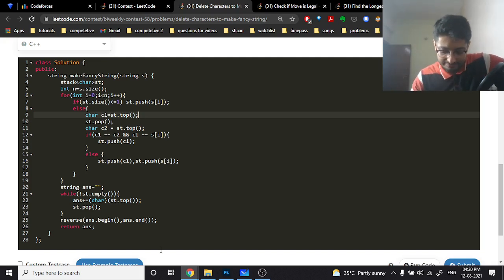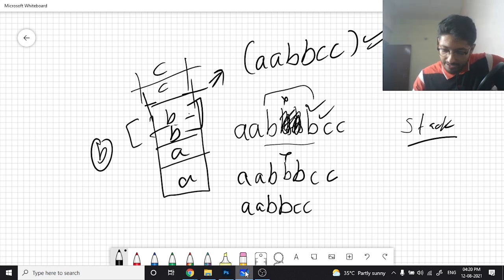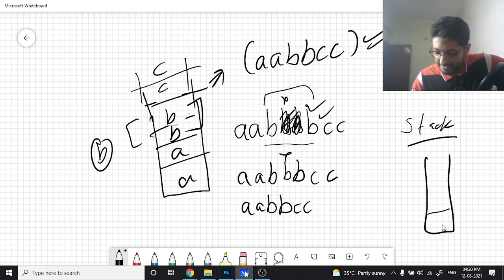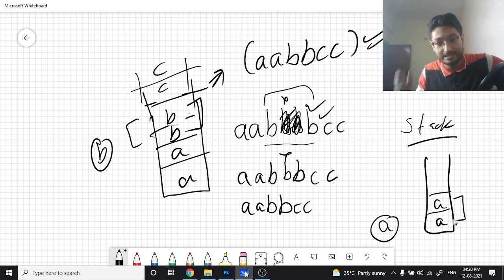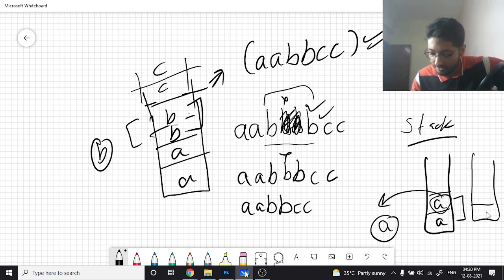What we are doing here is, we have some stack. It has A. It again has A. Now we are again inserting A. Before inserting A, we have to check what the last two characters in the stack are. So first we pop one character out from the stack. Now the stack has only one character which is A. Now I have one character which is popped out, one character which is inside, and one character which I have to match.